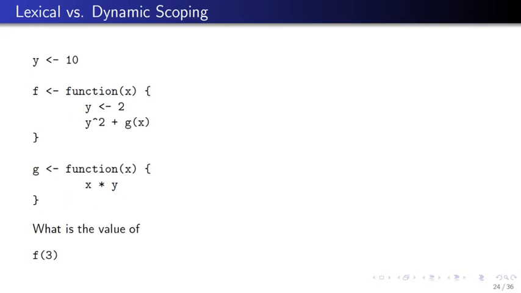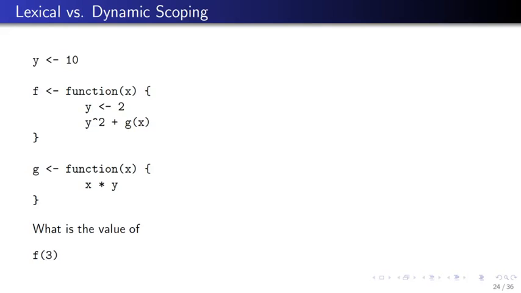I want to make one brief comparison between lexical scoping, which is what R does, and dynamic scoping, which is what maybe some other programming languages implement. So here I'm assigning the value of y equal to 10, and then I'm creating a function f, which takes as an argument x, and then it assigns y equal to 2, it squares y, and then adds g of x. So what's g? G is another function which takes as an argument called x, and it multiplies x times